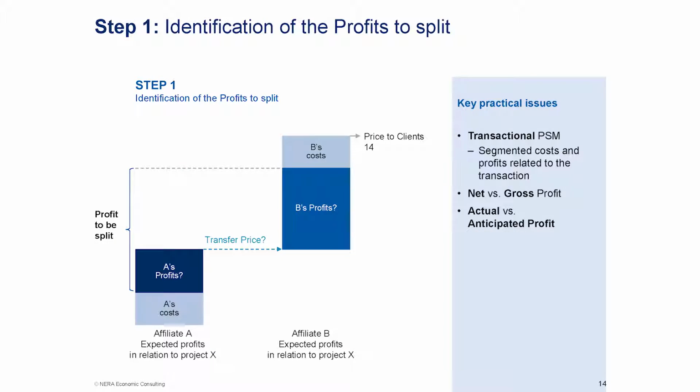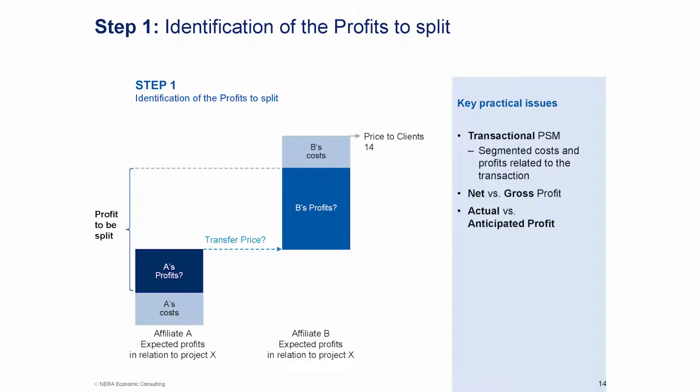We are getting now to the few steps of the application of the residual profit split method. I won't necessarily go into the details, but I'll provide the broad picture. We have here affiliate A, which has a cost structure that will need to earn a return through the charge of the transfer price for design, engineering, and project management services to affiliate B. Affiliate B also has a cost structure and needs to earn a profit in relation to its activities of production and installation. Affiliate B, remember, is charging prices to the clients.